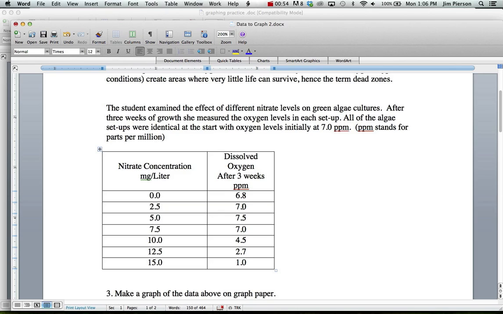So nitrate concentration would be the independent variable on the x-axis, and the dissolved oxygen would be the dependent variable on the y-axis. Now I sent this to you also as a Word document like this, because what you can do is just copy the table. So I'm going to go to Edit, Copy,